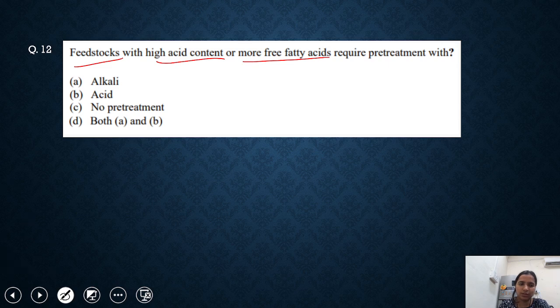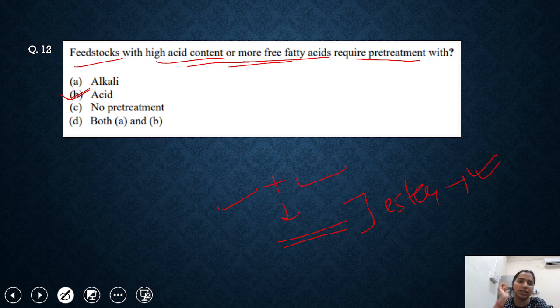Certainly no. We don't use both at a time. Yeah, correct. So for this pre-treatment, we mainly use the acid treatment to remove the more free fatty acid content. If the feedstock has a high acid content, then is it true we use acid treatment? Actually, when the reaction occurs they form different components, sometimes mainly the ester, so that is removed out. So in this we use acid mainly. Yeah, we use acid in this pre-treatment